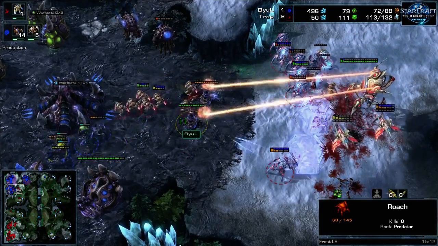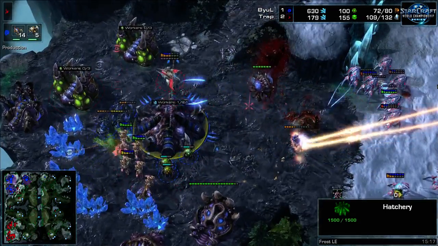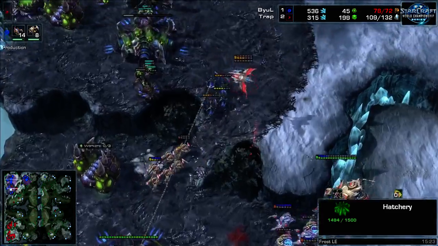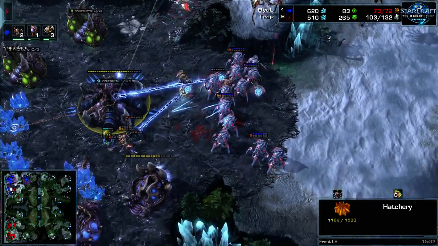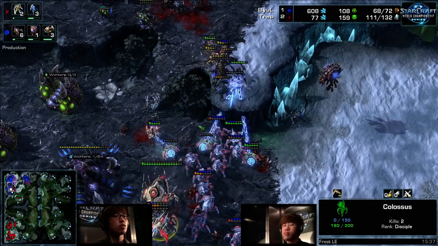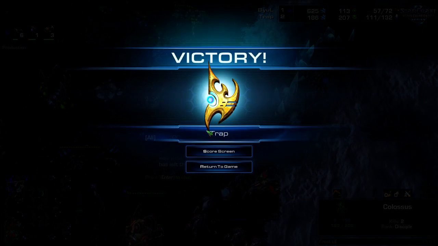Trap, who so many people thought would win this tournament, showing why he deserves a spot in the semifinals, charging through. Byul's microing as best he can, but with no queens, the production is stinted. Supply blocked at 72. The Roach numbers not high enough. The Colossus on the high ground, not gonna take a fall. And there it is, GG! Trap